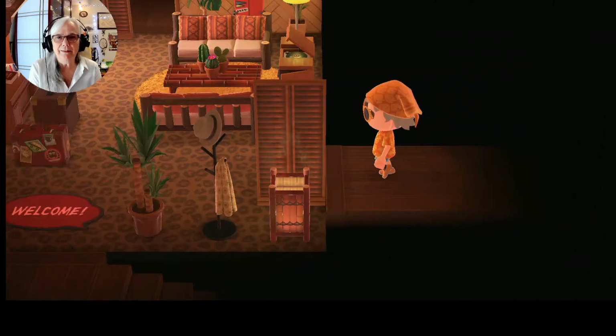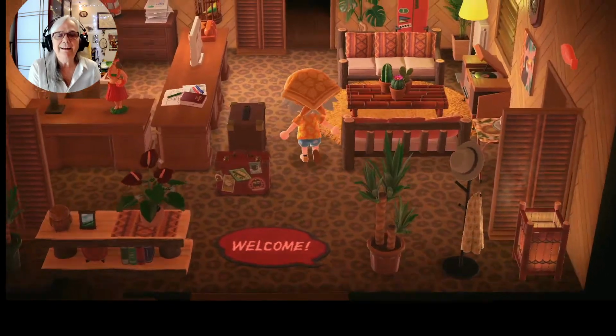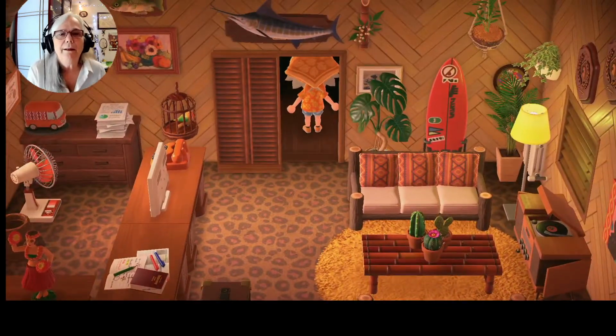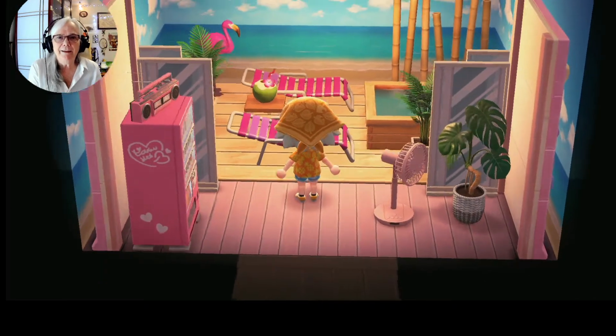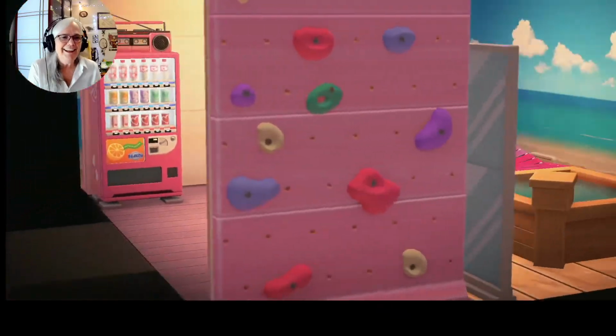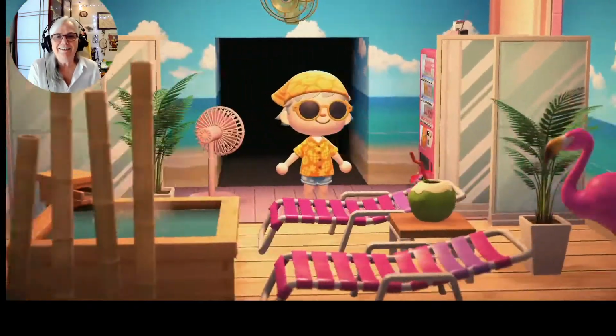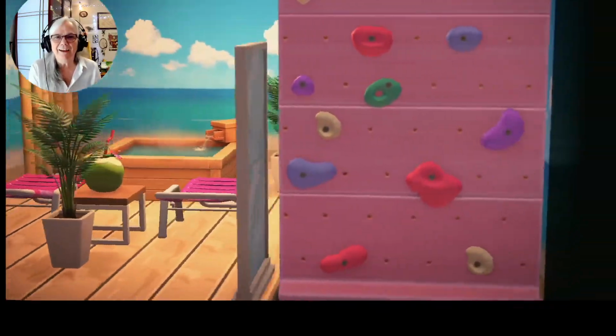Okay, so now we're going to see one of the other bedrooms. Now this, oh, there's a tanning room, or maybe it's a pool. I wasn't sure when I went into this before. I think it's like a hotel spa. There you go, a hotel spa. So yeah, it is. It's the hot tub area. And you have the hot tub.